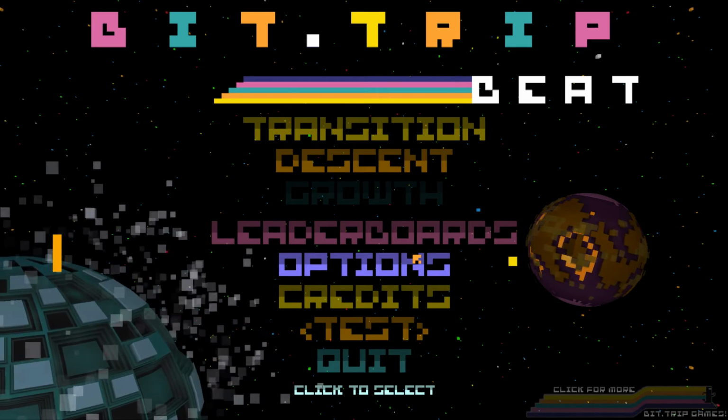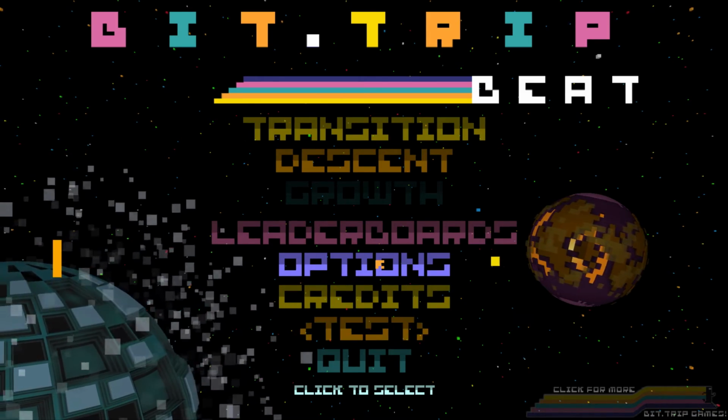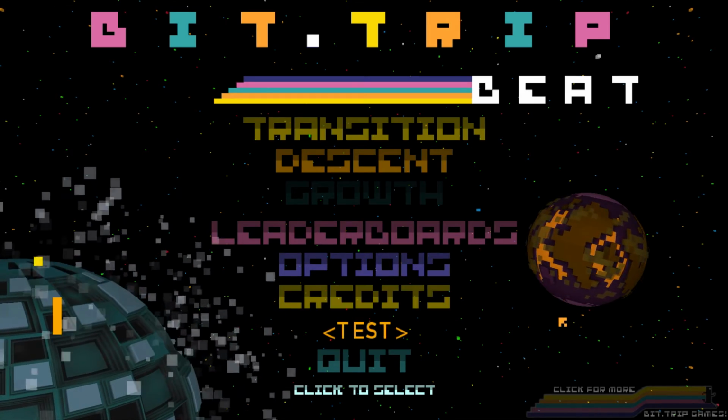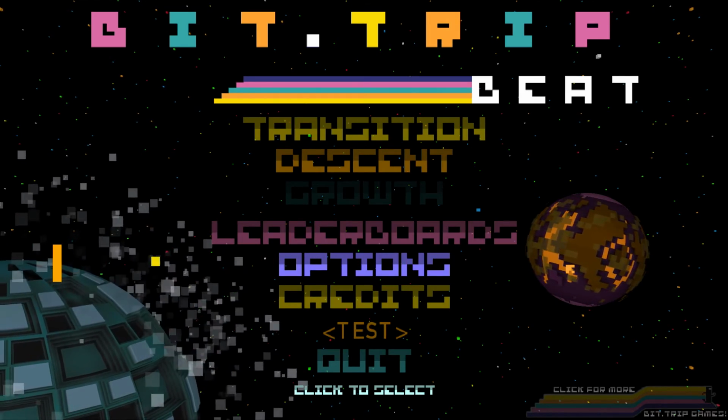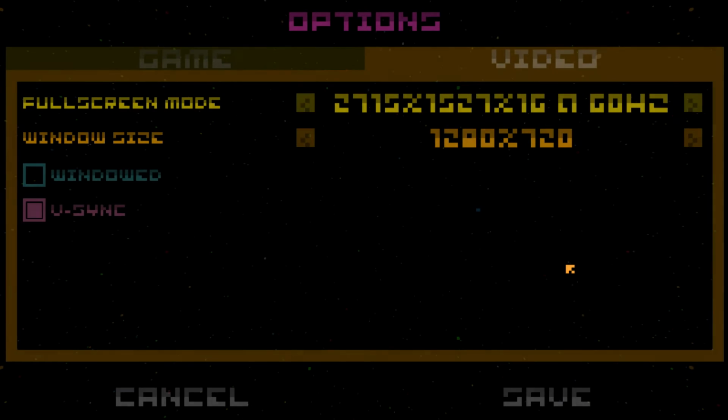Like Bit.Trip Runner is another one. By the way, this is a really cool loading screen. If you click options, you'll see the little bit shoots across the screen. But if you don't hit it with the paddle, then it won't actually open the options menu. So you have to maintain the little paddle there. It's kind of cool. I remember when I first saw that years ago, I thought it was a really neat